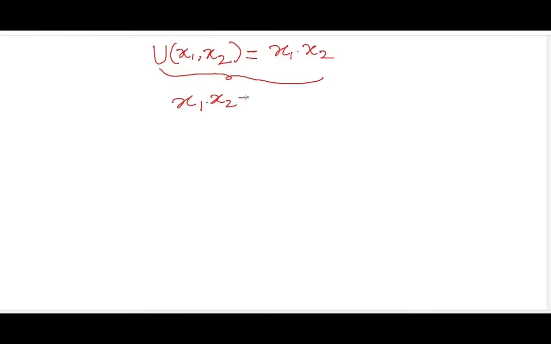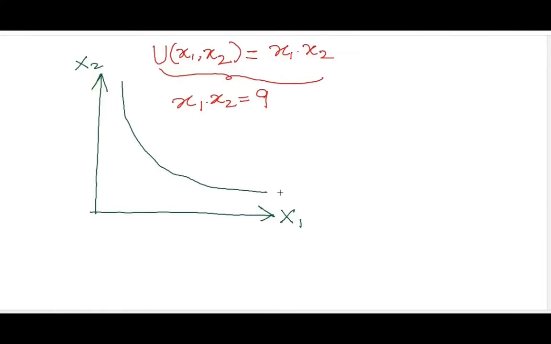Let's take an example. U of two goods, or rather utility of two goods, is given as x1 into x2. So how do we construct this kind of a utility function? Let's take a situation where x1 into x2 is equal to 9. Let's plot this. So this will be something like this, and you can label it as 9, meaning the product